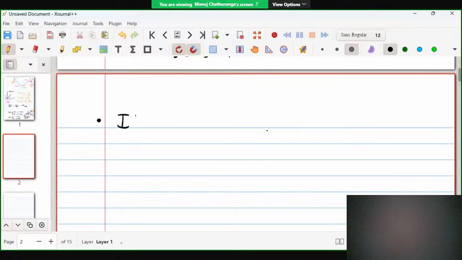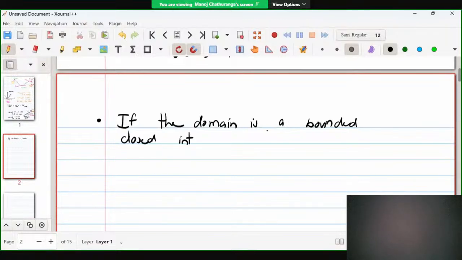The first point is if the domain is the bounded closed interval [a, b], then to find,